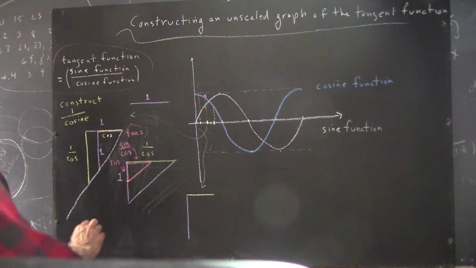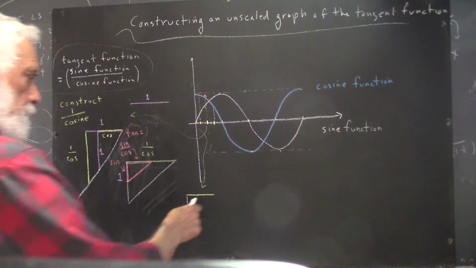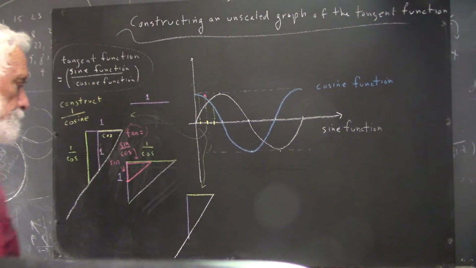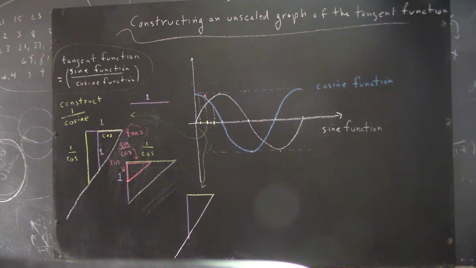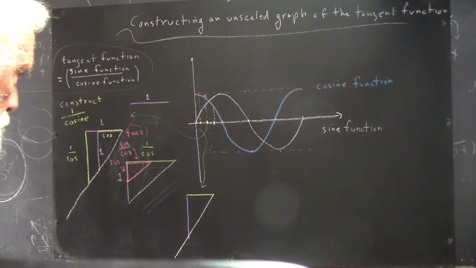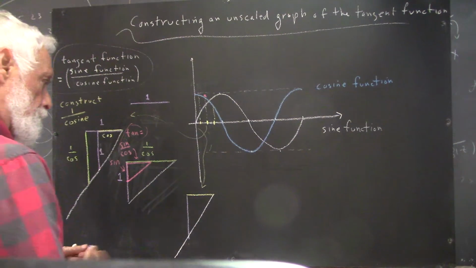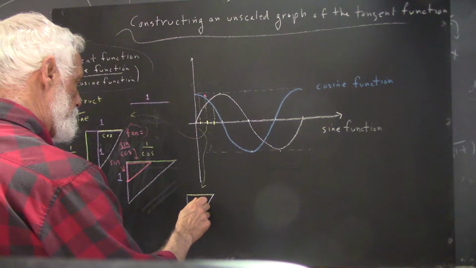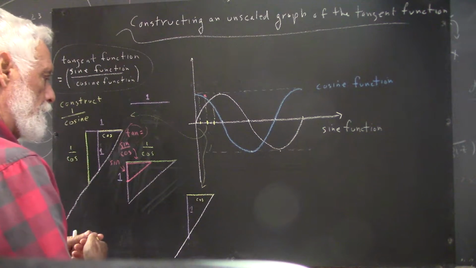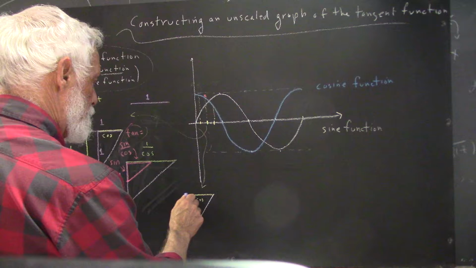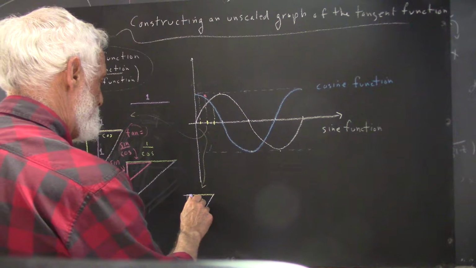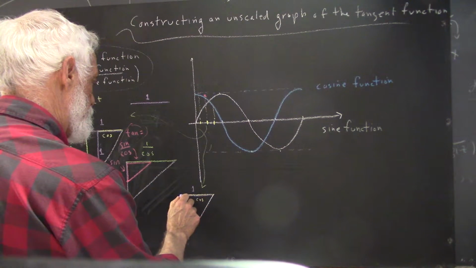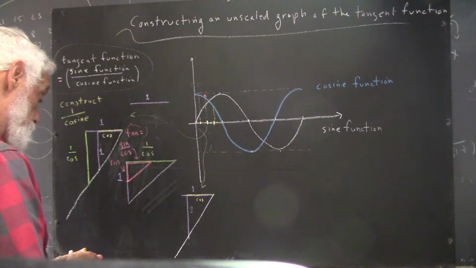And I'm going to get a triangle that looks something like this. Not as steep as this one, although I'm not sure I drew it all that accurately. So here I've got my 1, here I've got my cosine. And now I sketch my segment of length 1. So now I've got a segment of length 1, but 1 is only a little bigger now than the cosine,